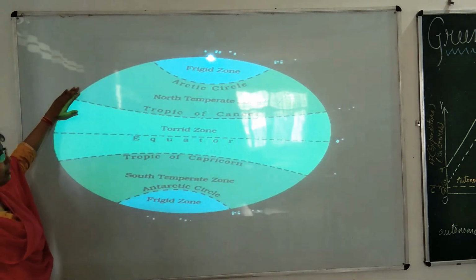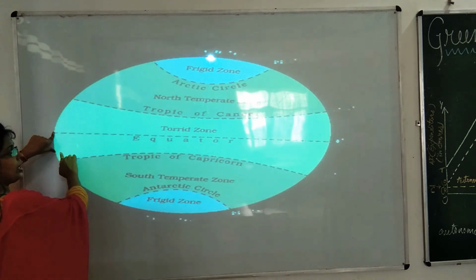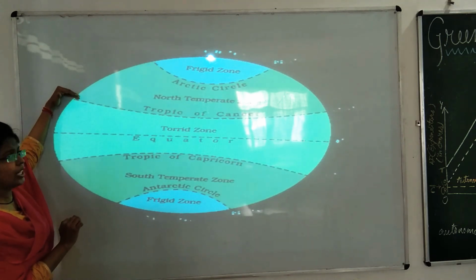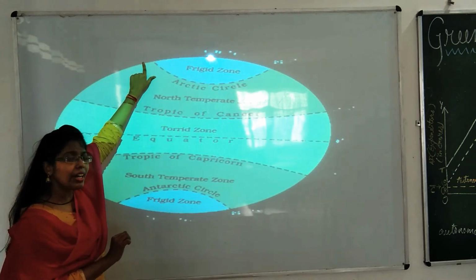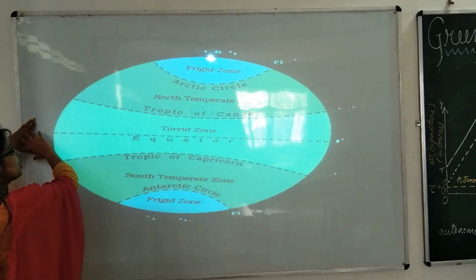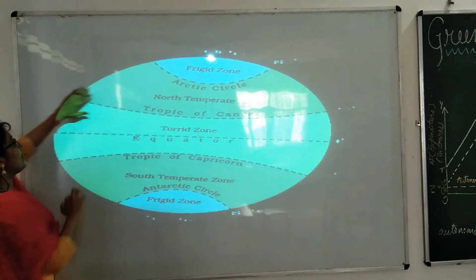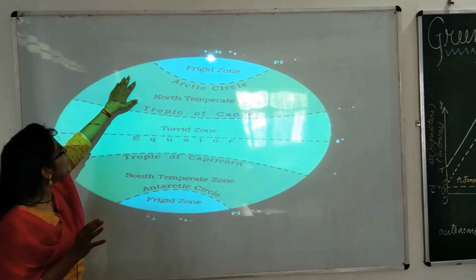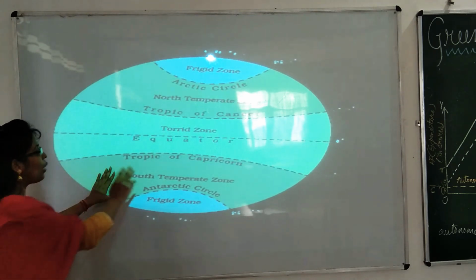And same here, from the torrid zone, the equator, you are seeing this is the torrid zone. From Tropic of Cancer, 23.5 degree north above to 66.5 degree, here again sun rays are not reaching directly, they are reaching slanting. Though they are reaching, it is neither too hot nor too cold. Again it's the north temperate zone. Why north? Because it lies in the northern hemisphere, and the one in the southern hemisphere is the south temperate zone.